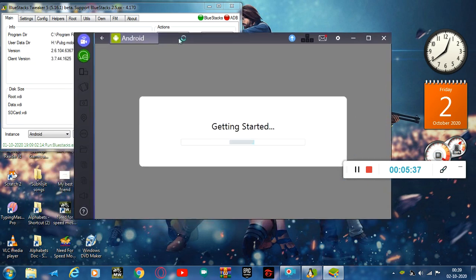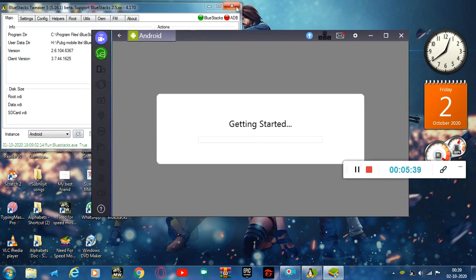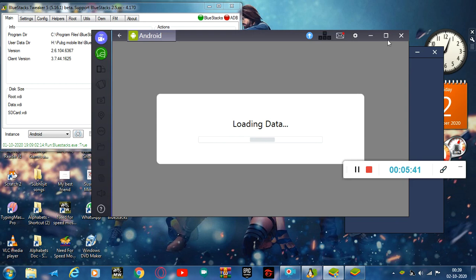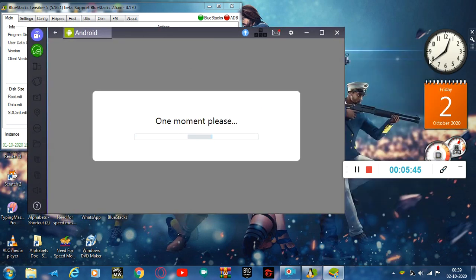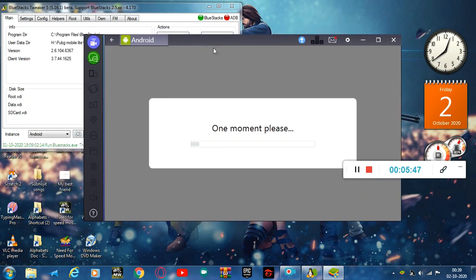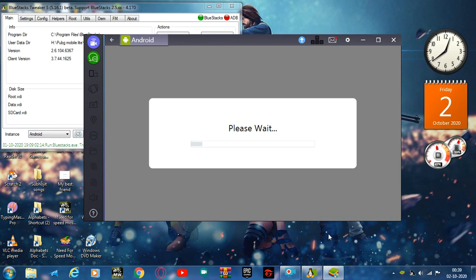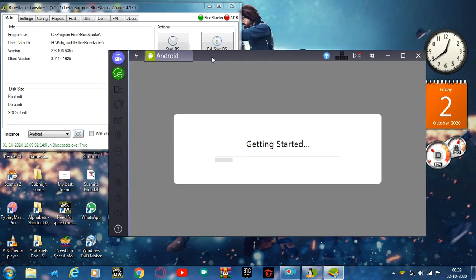Guys, your BlueStacks has been opened. You can see with BS Tweaker, and you can see here your BlueStacks TV. You have to close it. Simple. So a little hang because of my screen recorder. I am using my screen recorder because it is hanging a little. So it will take a little time at first when you open